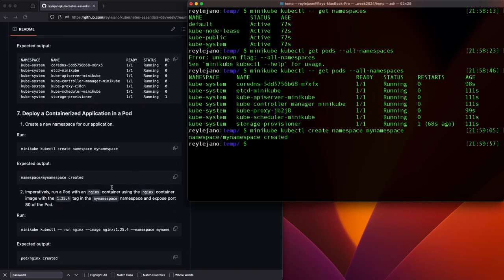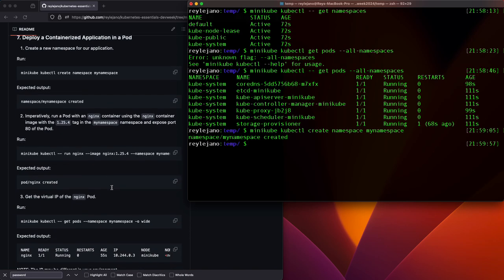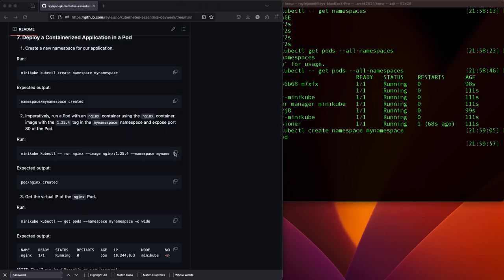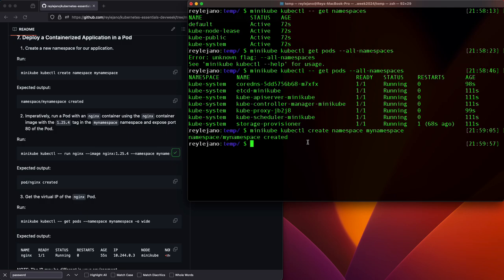Namespace has been created. Next, we'll create a pod. We're going to do it first in an imperative way, meaning that we are using a command to create this pod here. I'm going to just copy this for now, just to make sure I have everything